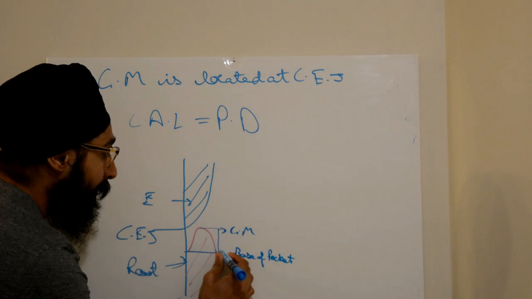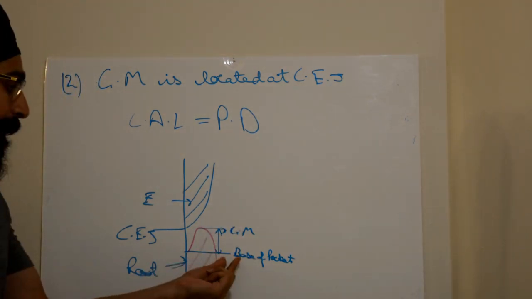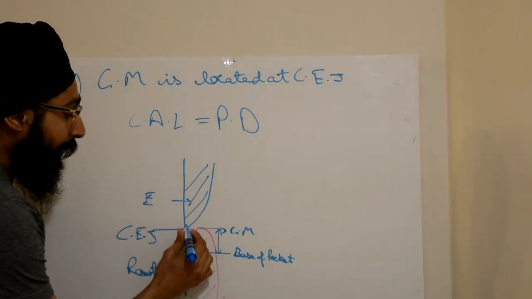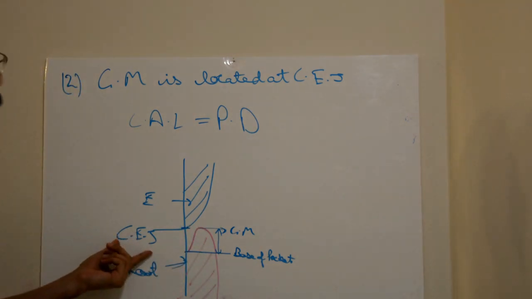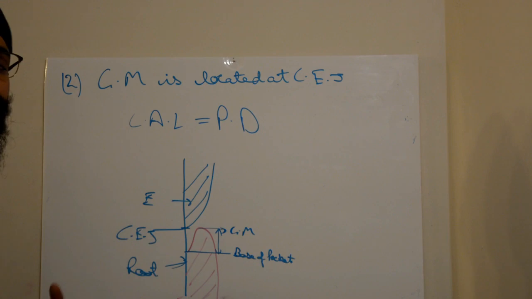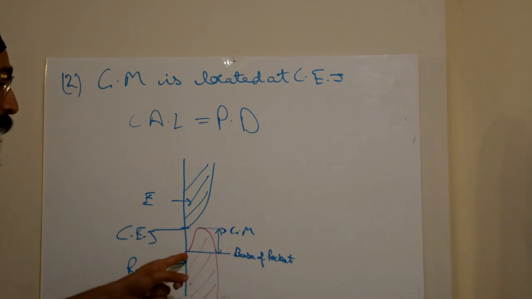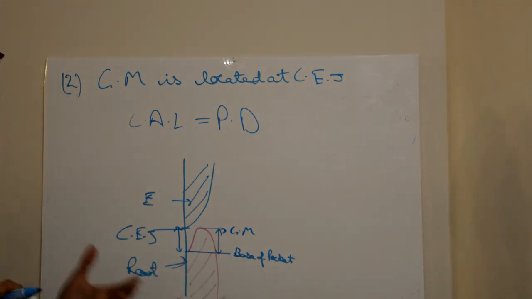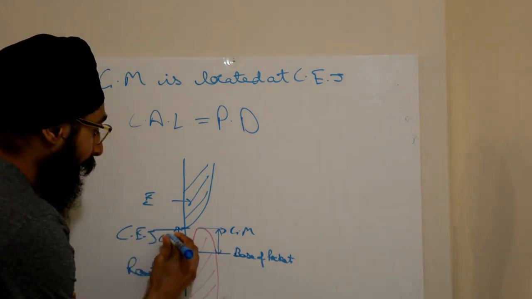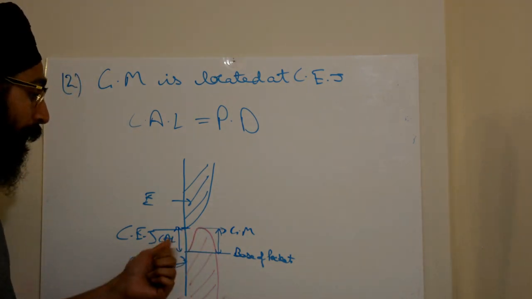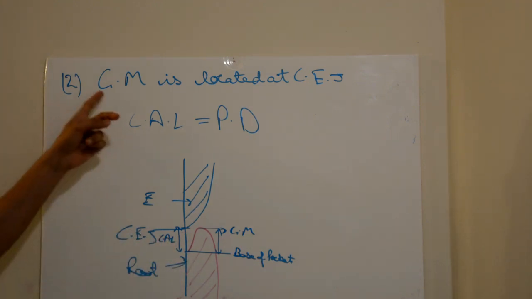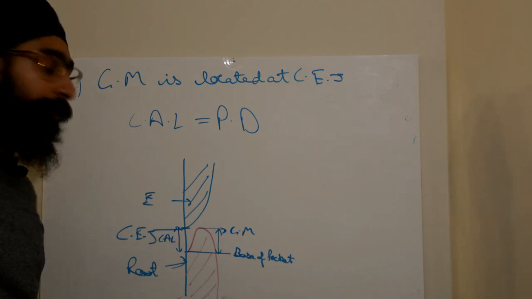So basically this area here is the clinical attachment loss. Otherwise, in a normal scenario, the base of the pocket is present at the cemento-enamel junction. But now, because of the destruction of the alveolar bone, it has shifted apically to this level, where now the new base of the pocket is there. So this area represents the loss of attachment, clinical attachment loss. Now probing depth is equal to clinical attachment loss when the gingival margin is located at the cemento-enamel junction.